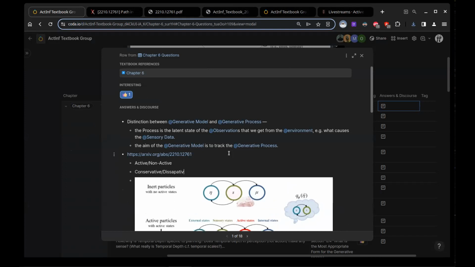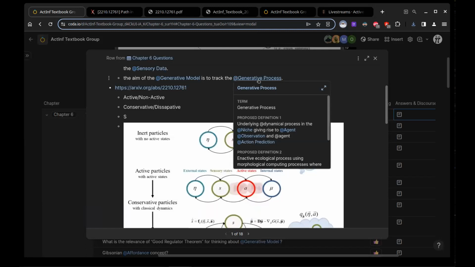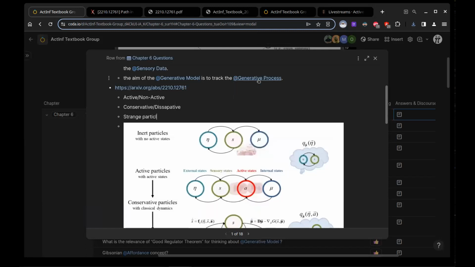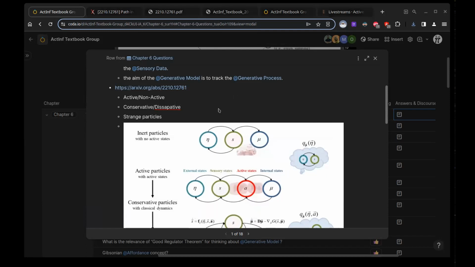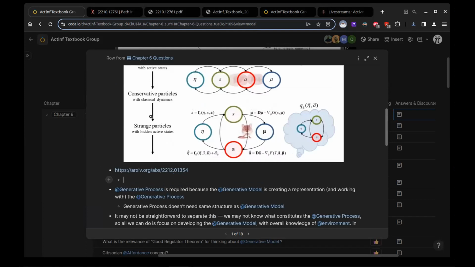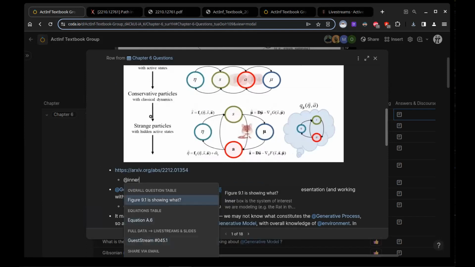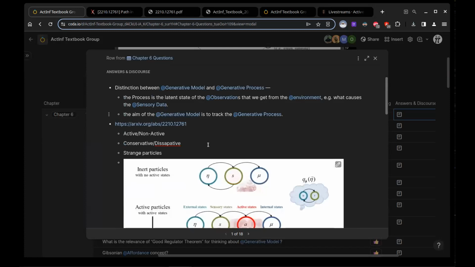And one other point is, it's interesting that in some recent literature, especially the white paper published about 4 months ago, designing ecosystems of intelligence from first principles, and this recent paper, the inner stream model of consciousness, the term generative process never appears even once in the entire paper. So basically, they've begun to use generative model interchangeably with generative process in some sense.